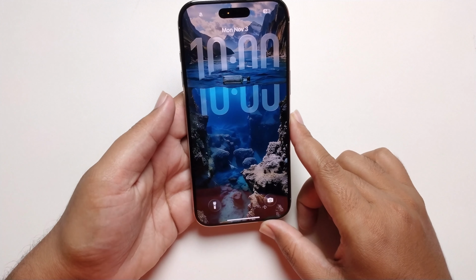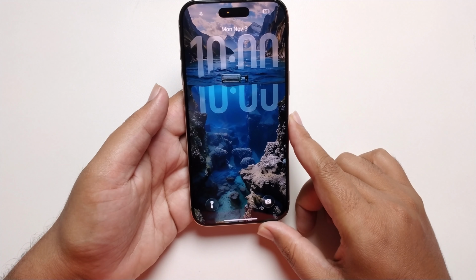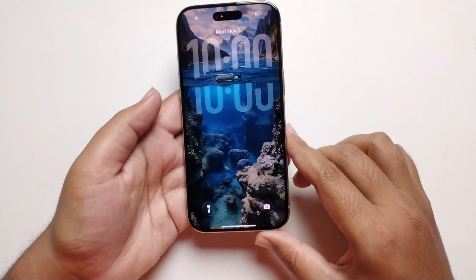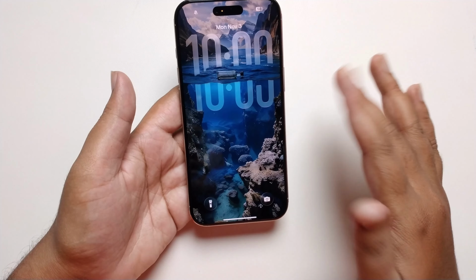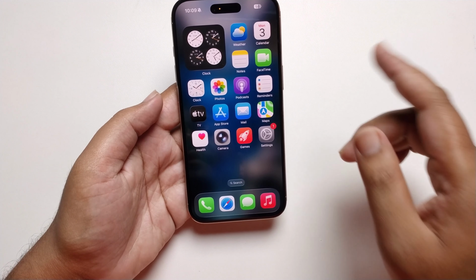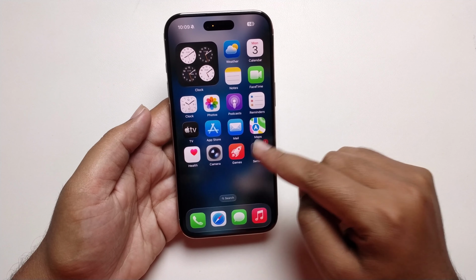Hi, in this video I'm gonna show you the viral iPhone Spatial Wallpaper tutorial on your iPhone. I'll show you how you can easily set it up. So simply, at first open your settings,